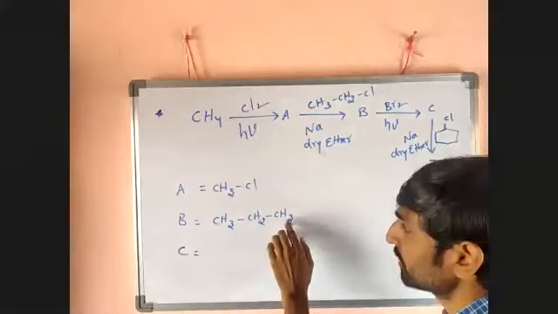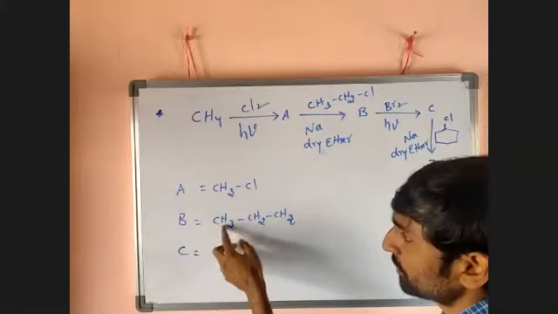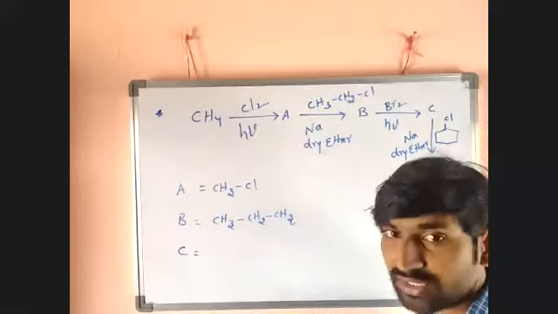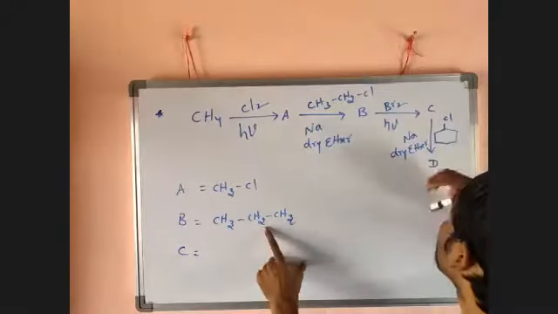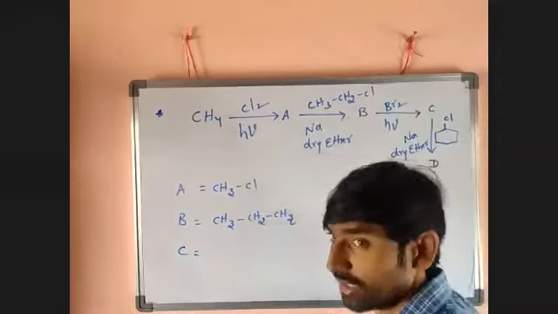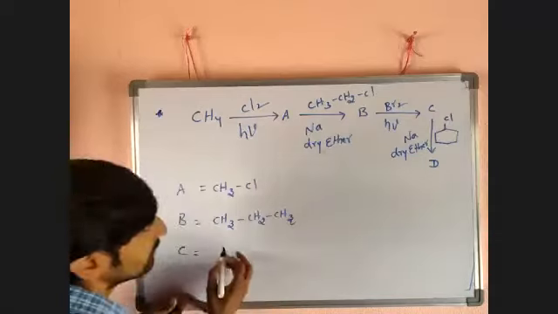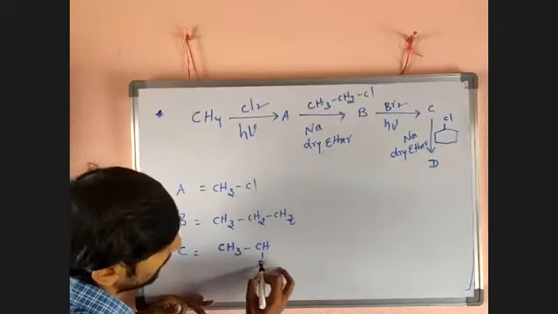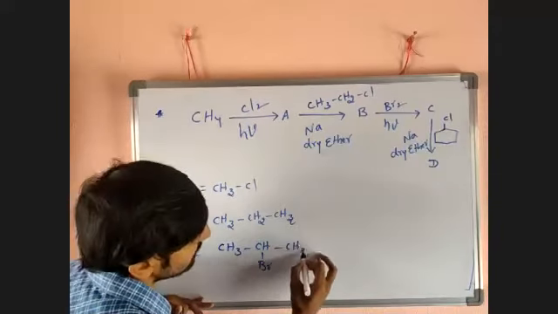It is a primary carbon, linked with only one. It is also primary, linked with only one, but this one is secondary. That's why this carbon is involved in the reaction. This H gets attached to the Br, eliminated in the form of HBr, and Br gets attached. Then what we will get? CH3, CH, there Br, there CH3 we will get.